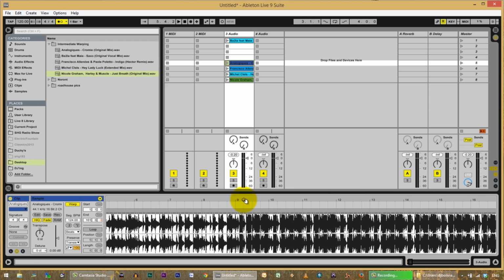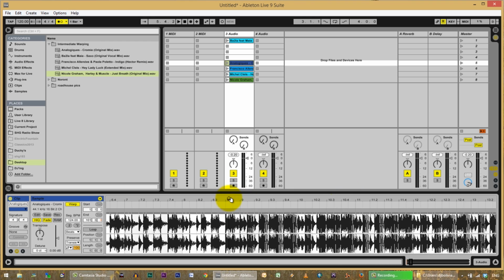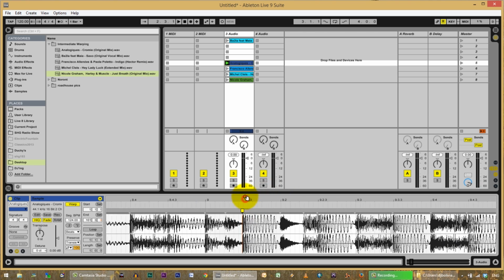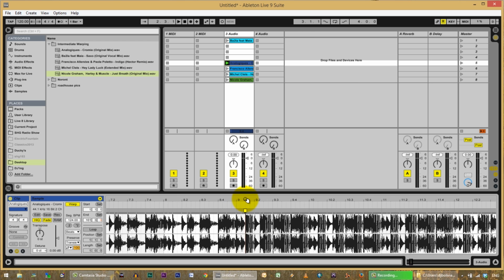Well, let's move over to here, to where it looks like it's getting thicker. We'll turn the metronome off so we've got a better sense of what's going on, and see if we can figure out where a downbeat should be. Okay, it looks like right there. Okay, that makes sense. So, again, we will double click there because we know that's the beginning of a bar,